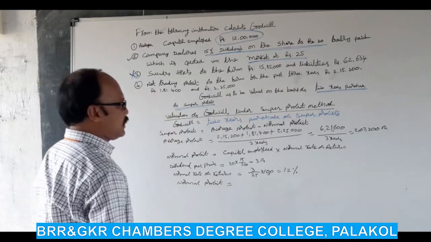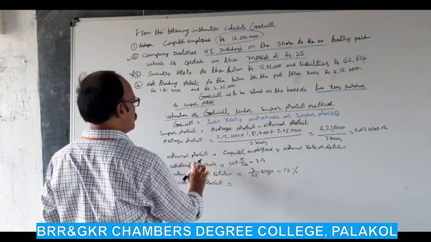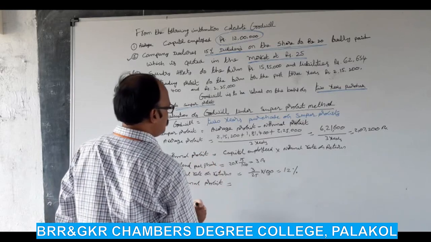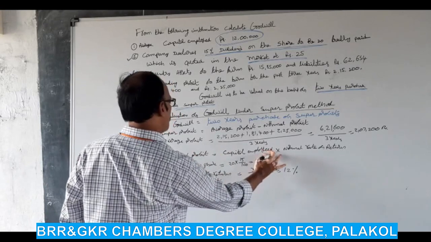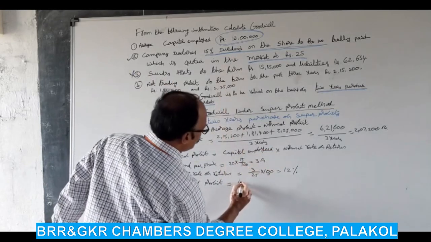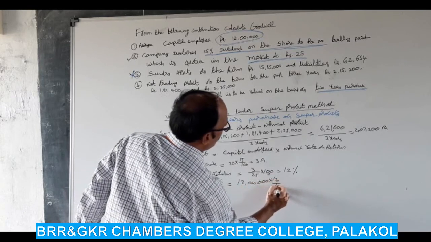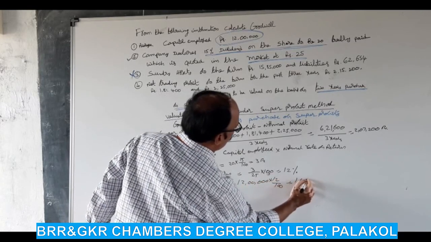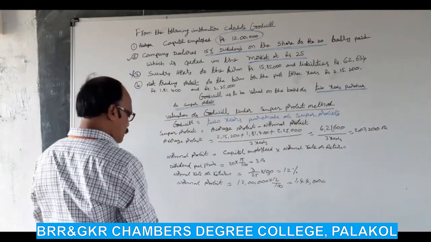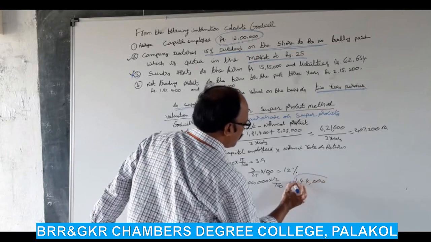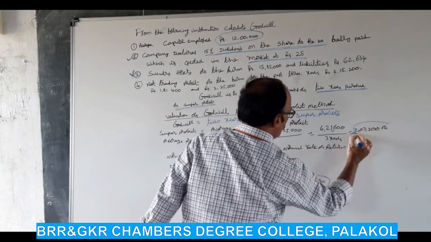Normal profit is equal to, what is the principle for that? Capital employed into normal rate of return. Capital employed 12 lakhs into 12 by 100, that is equal to 1,44,000. Normal profit is equal to 1,44,000. Okay, next, average profit is equal to